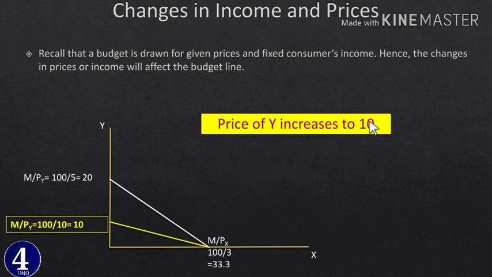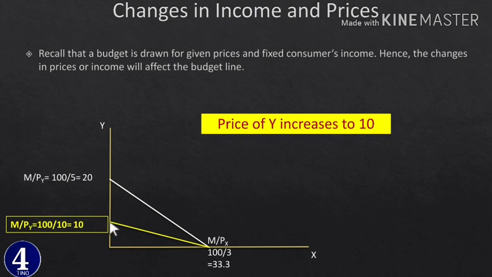So py ምንድነው የሆነው? py has increased ከሆነ የተባልነው ወደ ስንት ጨመረ? ወደ 10. Previously it was 5 and the result was 20 for y አይደል? Now it has increased to 10, so 100 divided by 10 is equal to 10. So the amount of y that we can purchase while the price of y increases to 10 is 10 ማለት ነው፣ በጣም ቀንሷል። ይሄ የሚያሳየን ምንድነው? When a price of y increases, the amount of y that we can purchase has decreased ብለን